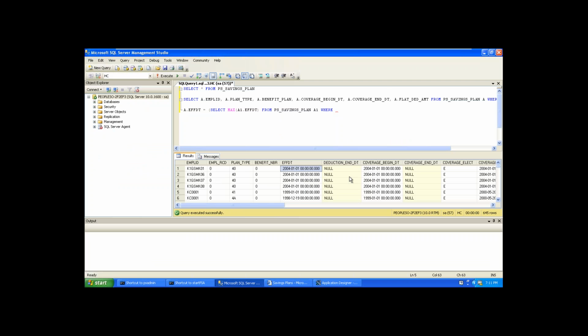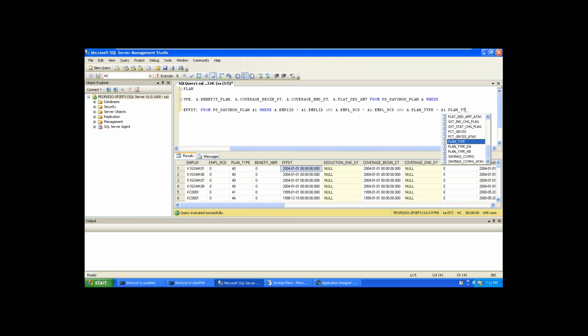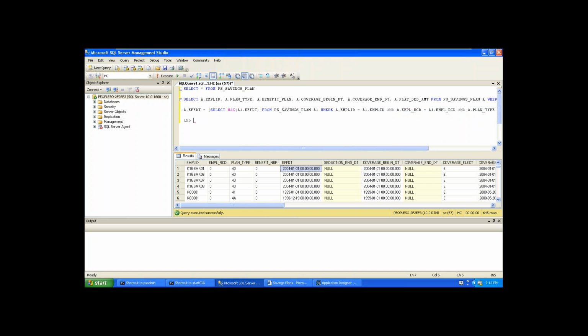We have to map all these key fields, where a.employee ID equals a1.employee ID, and a.employer CD equals a1.employer CD, and a.plan type equals a1.plan type, and a.benefit number equals a1.benefit number, and a1.effective date is less than or equal to sysdate in Oracle, but here we will use getDate.